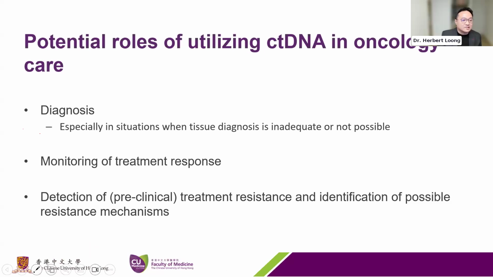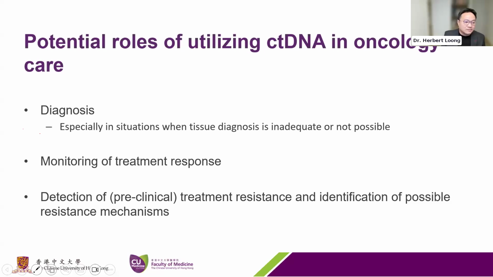Okay. All right, so in terms of the potential roles for utilizing ctDNA, I would take a relatively broad stroke, thinking about the entire oncology spectrum. So we're not just specifically in sarcomas, but in all oncological conditions. I guess we can filter it down and say where ctDNA can be useful. To begin with, in helping make a diagnosis, especially in situations where, say, a tissue diagnosis is inadequate or not